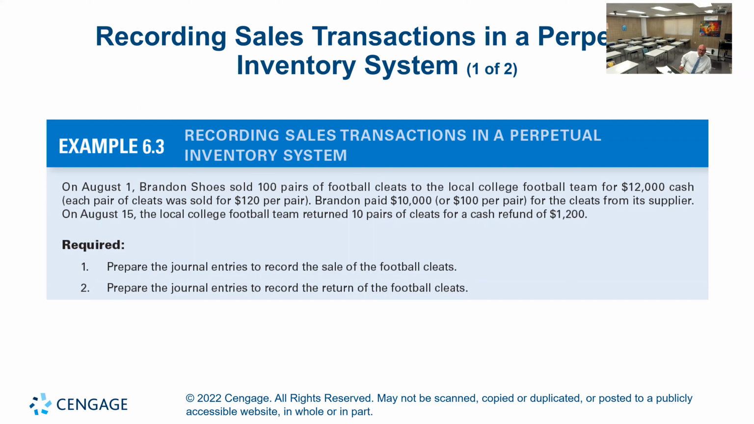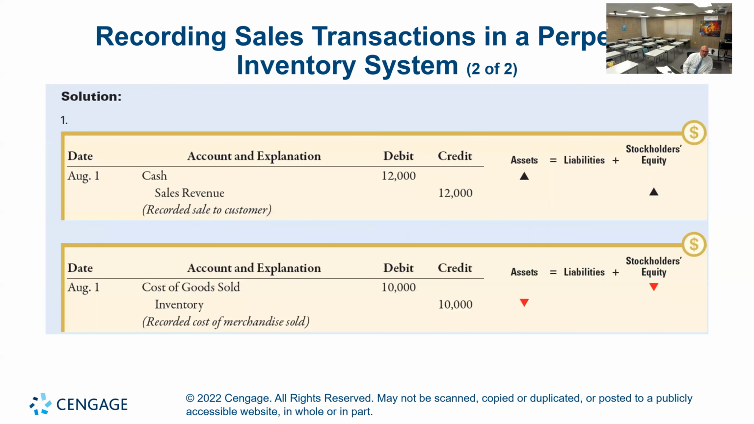So on August 1st here, Brandon Shoes sells football cleats to a local football team for $12,000 cash. Brandon paid $10,000, or $100 per pair, for the cleats from its supplier. And on August 15th, they returned 10 pairs of cleats for a cash refund. So for our journal entries here,